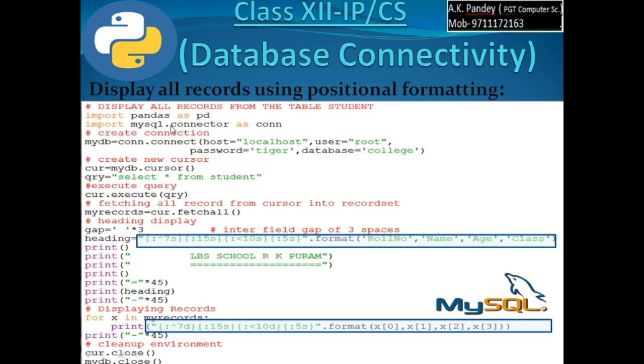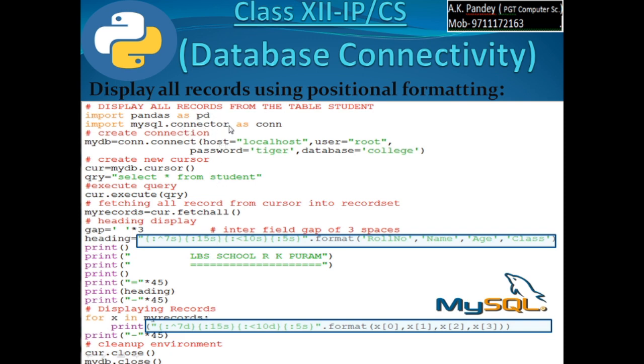So here the same thing is being done. Since earlier I was doing pandas, unnecessarily import pandas as pd is written over here. You should ignore it, it is not required over here.